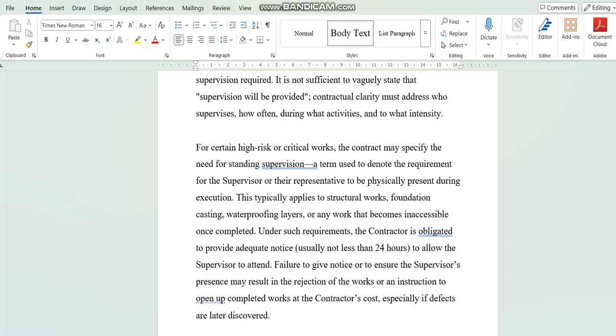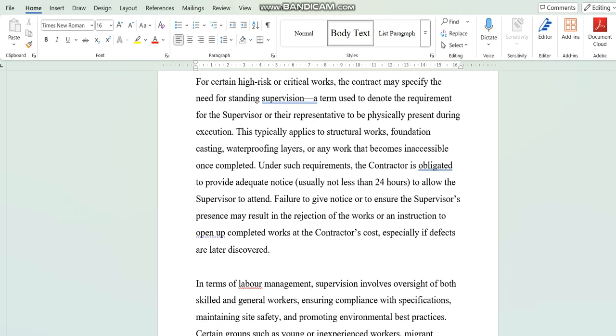Sometimes it's 3 days, but I think 3 days is a bit unreasonable. But as long as it's within 24 hours, or not less than 24 hours, you cannot say that now this evening you want to pour, and then at 3 o'clock you message the SO to ask him to come. That is not fair. So failure to give notice could cause the supervisors not to be present, and if they have reasonable doubt, they could call for opening up, or they can give instruction for the work to be opened up at the contractor's own cost. This is if they never call you to come, but if they call and you don't come, and it's very valid,